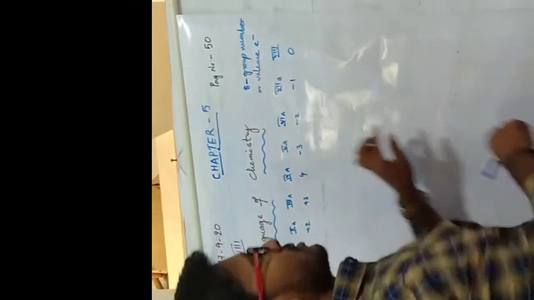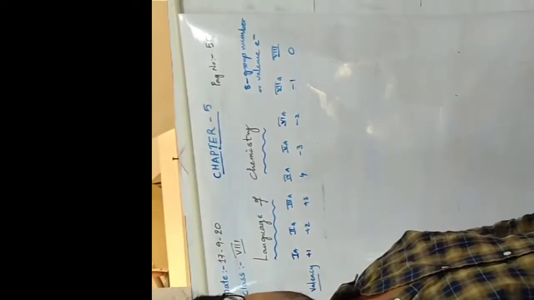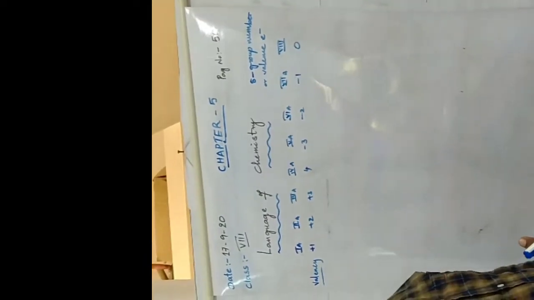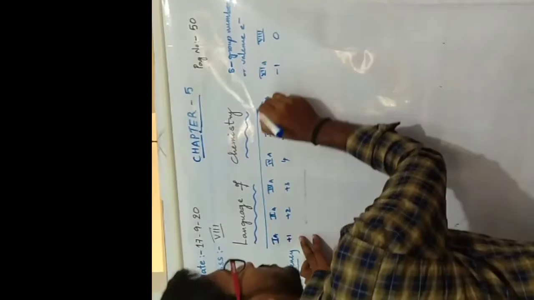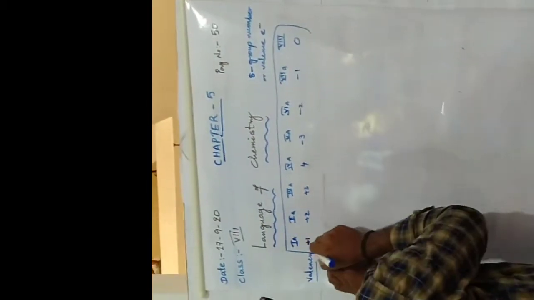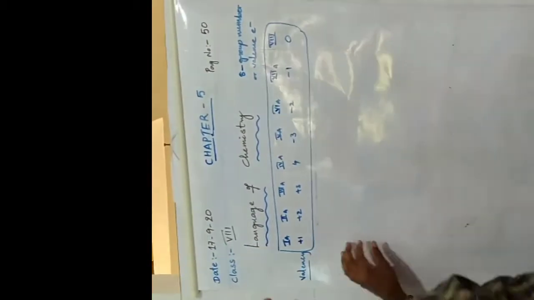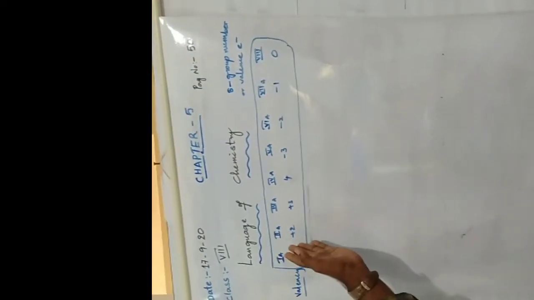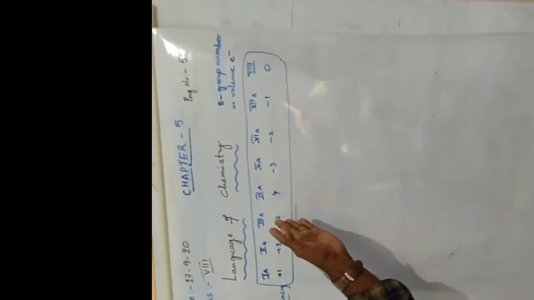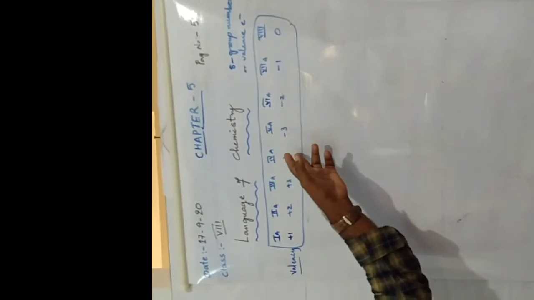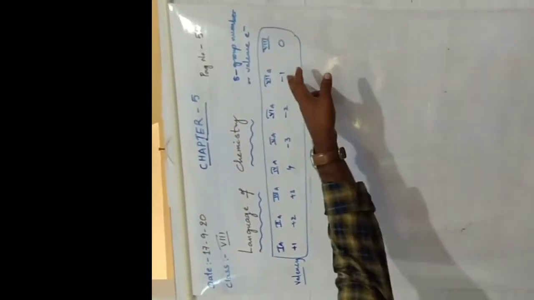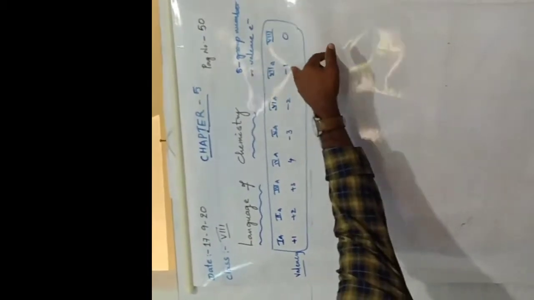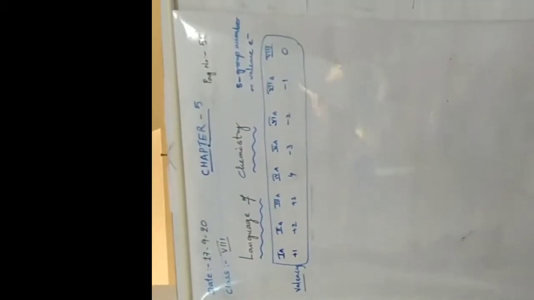So that belongs to the 0 group elements, like the halogens, also called noble gas elements. So these are the important formulas to find that. Metals are present with positive charge up to the third A group elements. Fourth A group is neutral. That means 5th A group to 7th A group have -3, -2, -1. 8th A group belongs to 0 valency.